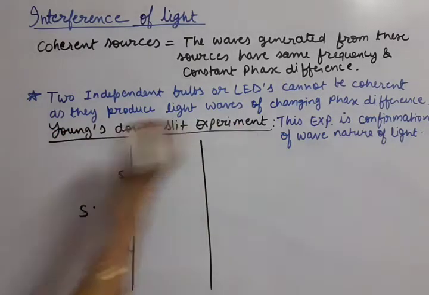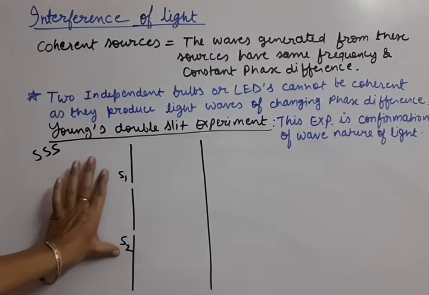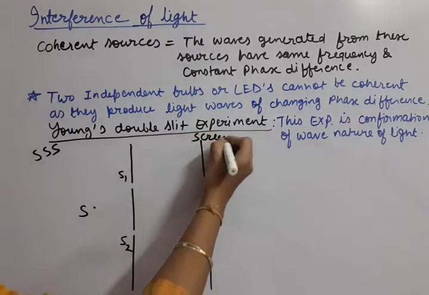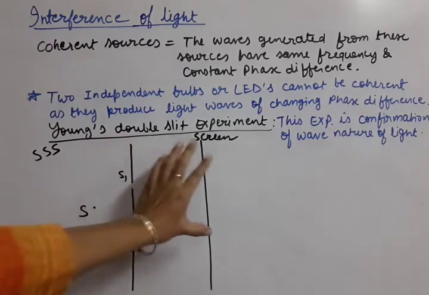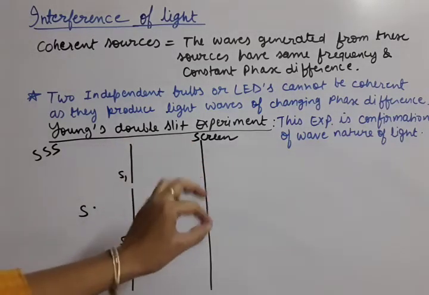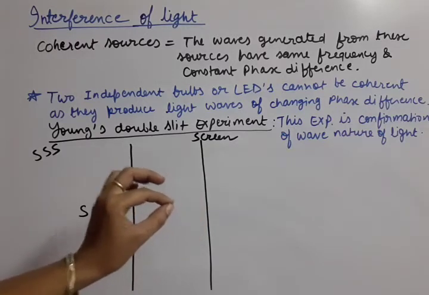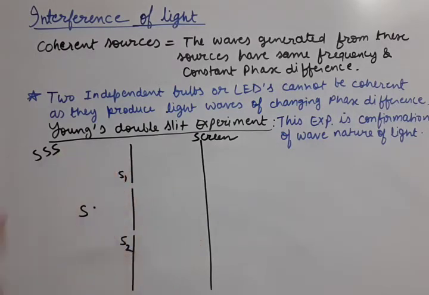So in Young's experiment, you can remember that a triple S arrangement is there. First S is source, second S means slits, and third S means screen. This is the screen where the interference pattern will be seen. Now, why are the maximas and minimas obtained on the screen? First of all, in this Young's experiment setup, using Huygens principle, which uses the wave nature of light, we can explain the formation of maximas and minimas. Let us understand it.